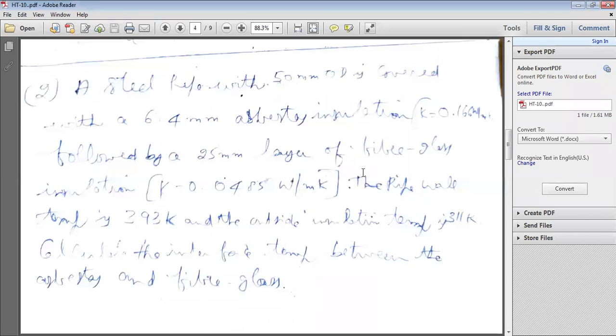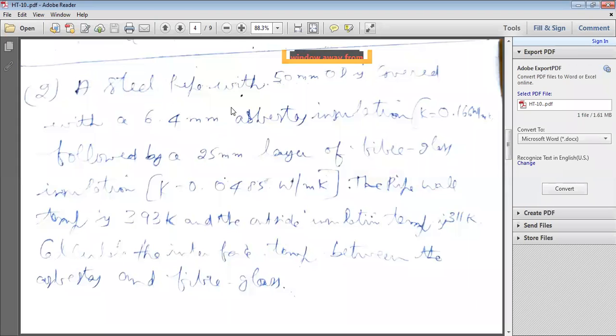Second problem. A steel pipe with, all of you listen very carefully, and also all the problems are easy, but you have to practice number of problems. In the heat transfer, practicing is very much required. All of you listen very carefully, and you practice number of problems. Then only, because online classes, we are telling and you are listening, hearing, but without practice, very difficult. That's why all of you practice more number of problems from the textbooks. Okay? Next